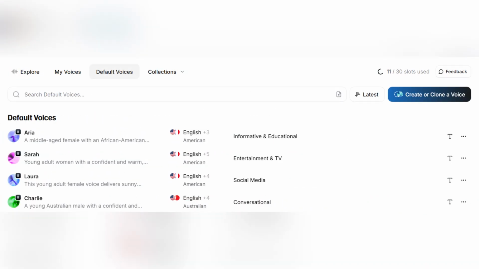Go to My Voices in your ElevenLabs account. You'll see all the voices you've created or have access to. For the voice you want the ID of, click the More Actions button, which looks like 3 dots. From the drop-down menu, select Copy Voice ID. This will copy the unique voice ID to your clipboard, which you can then use in your projects, API calls,